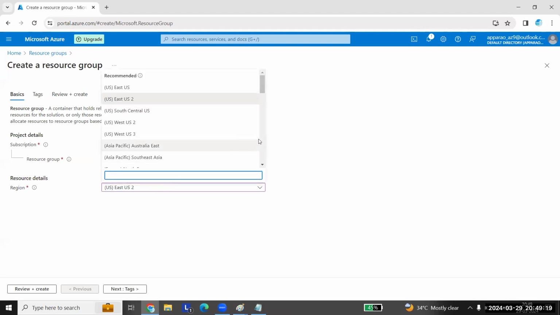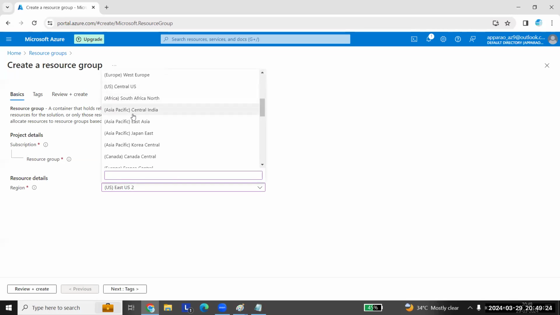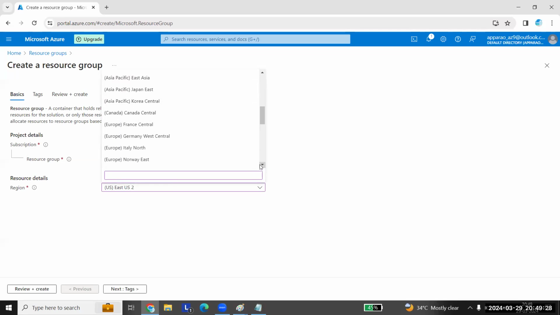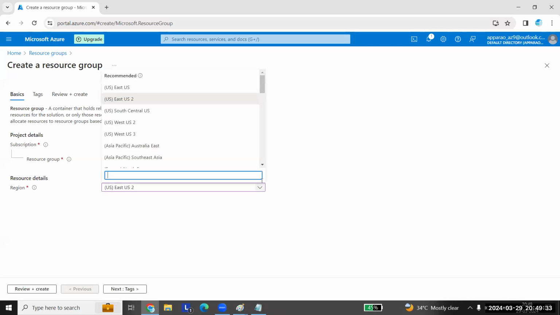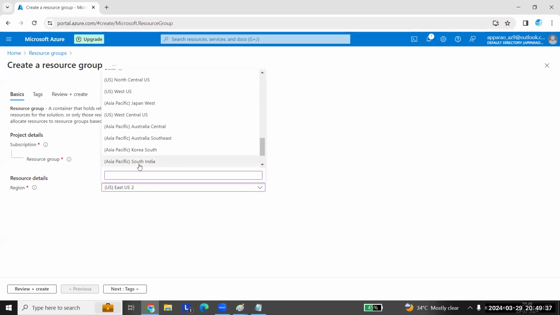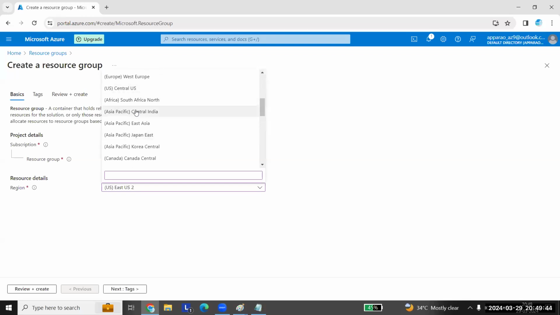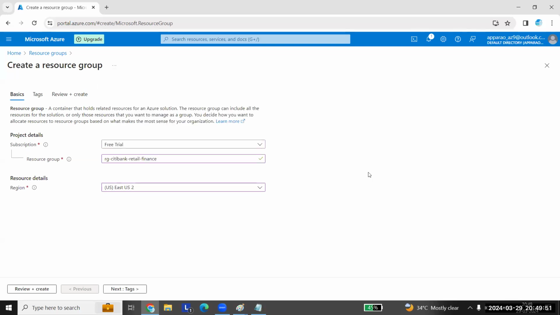If you see here, you will have India also, Central India, South India, West India also. So like this, where do you want to create?